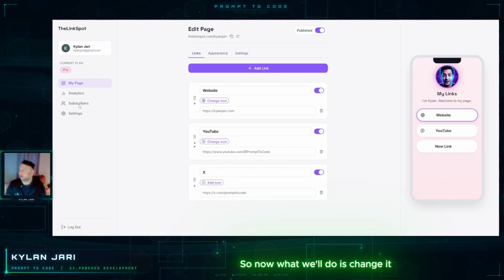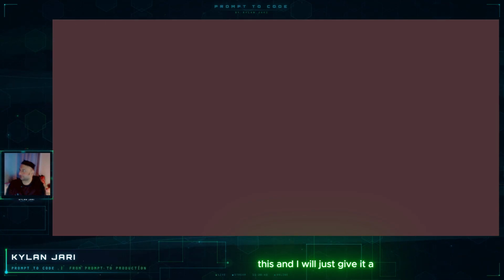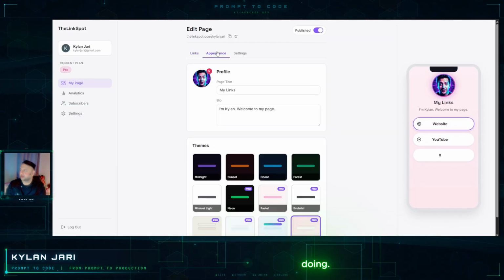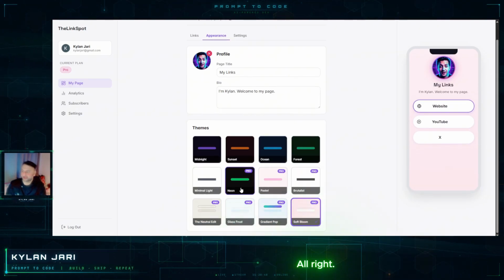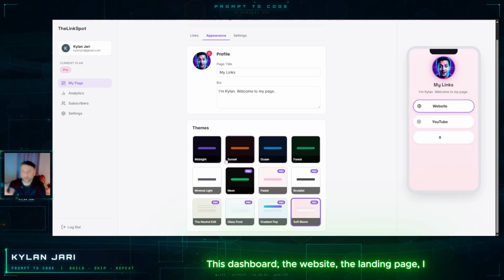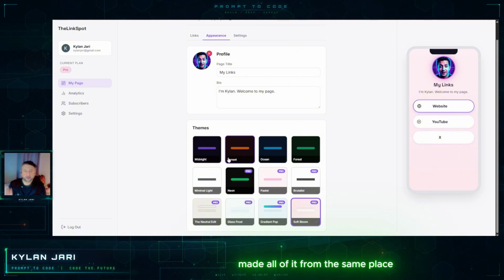So now what we'll do is change it a little bit. I'm going to make a small change to this and I will just give it a quick refresh. Now let's go back to what we were doing. So here I've added themes, all right? I also made all of this using the same platform. Everything is fine. This dashboard, the website, the landing page, I made all of it from the same place, from